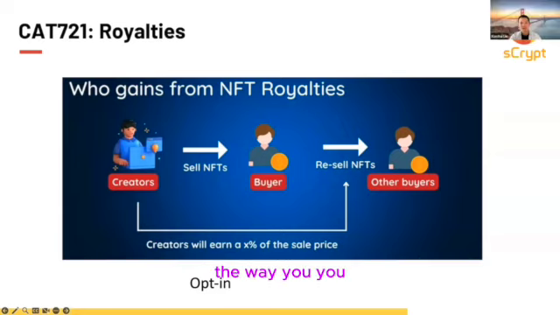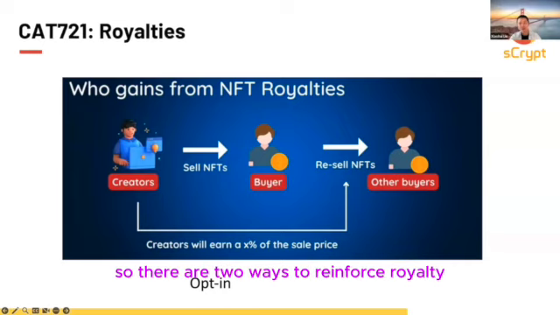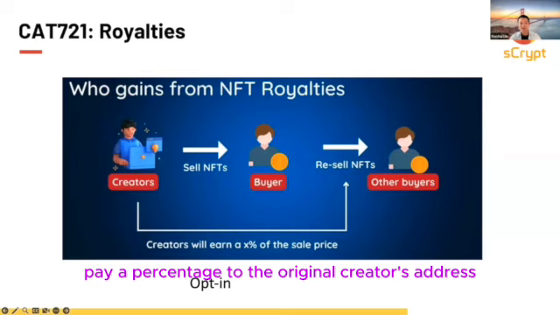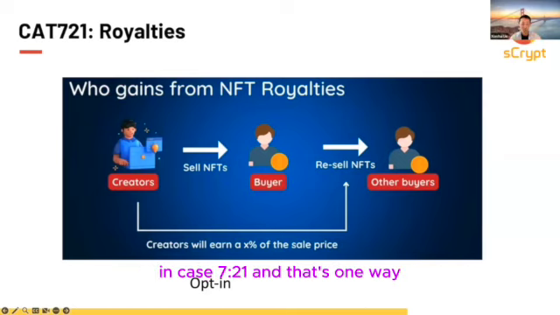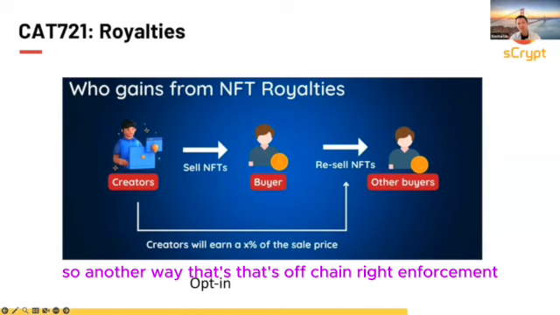If you really want, there are two ways to enforce a royalty. Number one is almost like an ordinary system. The marketplace has to honor it. That means every time you sell or resell, you have to pay a percentage to the original creator's address, which is inscribed on chain, by the way, in CAT 721. And that's one way. So that depends on the marketplace. Another way, that's off-chain enforcement. But you can